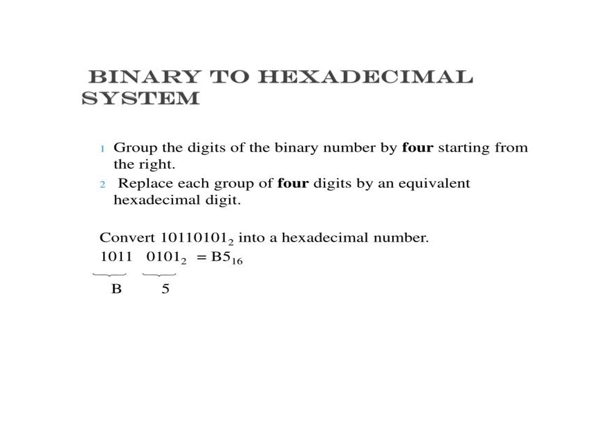We make the groups starting from the right, that is groups of 4 bits. The first group is 0101 and the second group is 1011. Convert these groups into the equivalent hexadecimal number by following the binary to hexadecimal conversion rule. 1011 is equivalent to 11, which is equal to B. And 0101 is equivalent to 5.